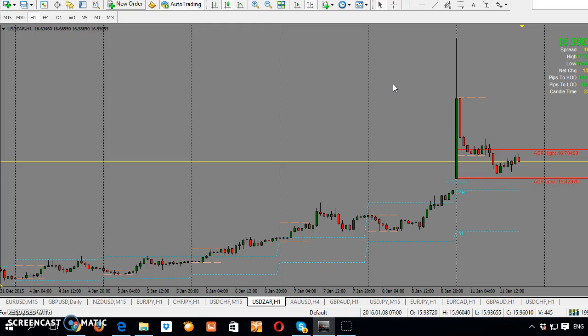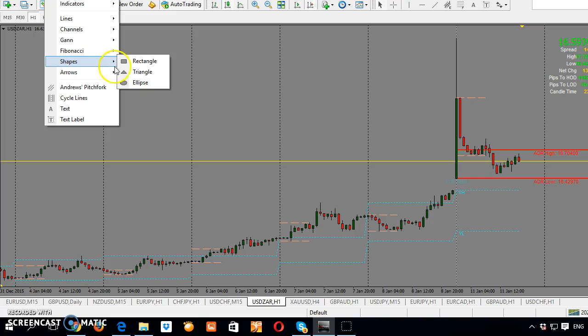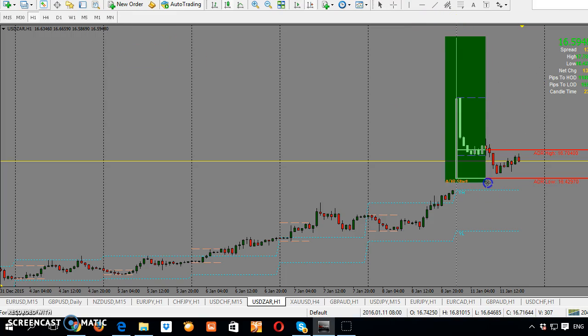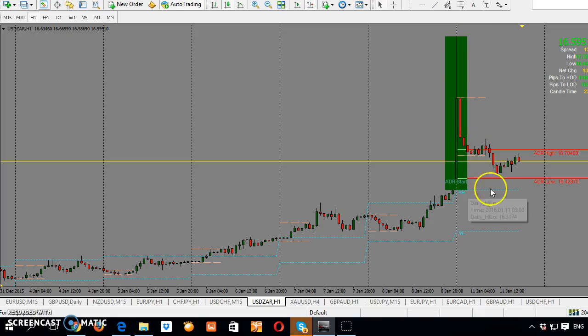Yeah, it might be the president, but as a forex trader, I don't base my trades on who says what and when. My trades are based on price action. My trades are based on what the markets are doing right now. In this example, if we can just insert the rectangle, we can see the rand shot up here when the market opened, and then it came back down.